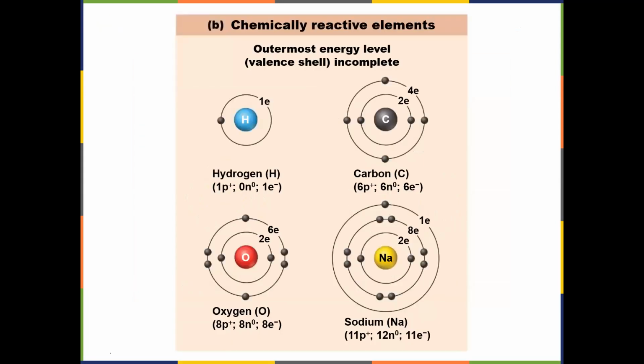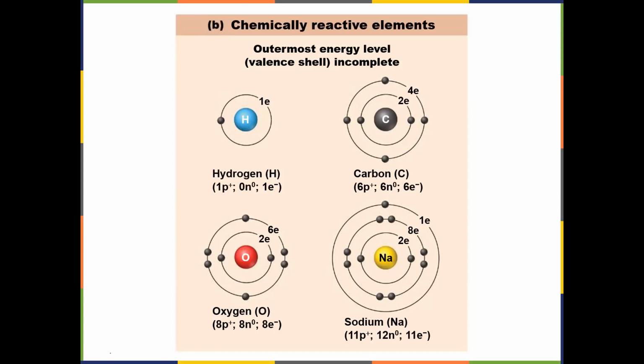Except for the noble gases, which are the inert elements there on the far right-hand side of the periodic table in a column, starting with helium and going down to radon. They are inert. Everything else is not inert. Everything else is reactive because their valence shells are not filled up.